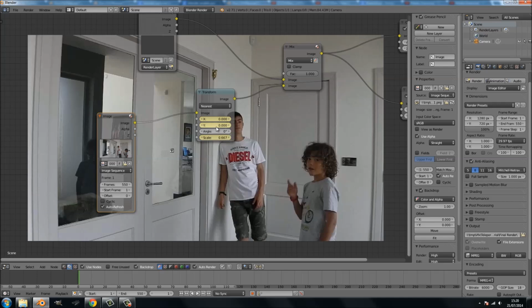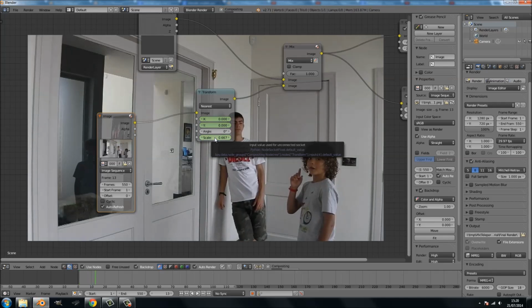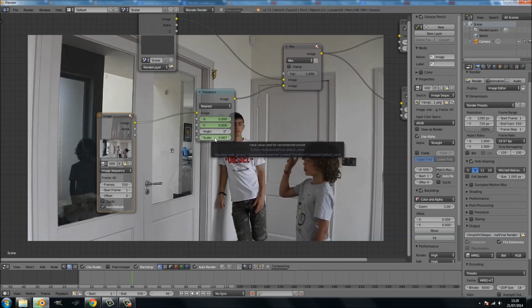It's not going to be rotating. However, it will be more realistic if you do that, but there's no point. Next thing, I'm going to go to the frame where my actor is jumping,